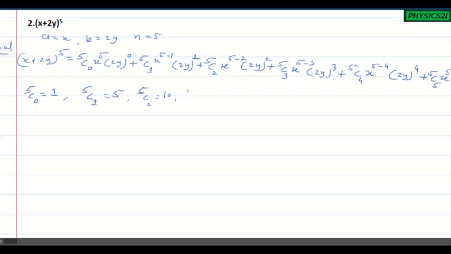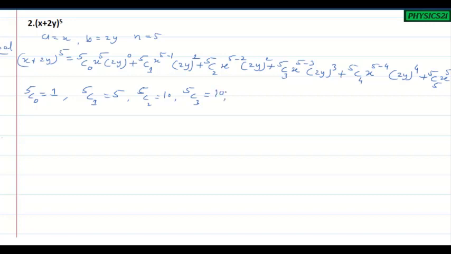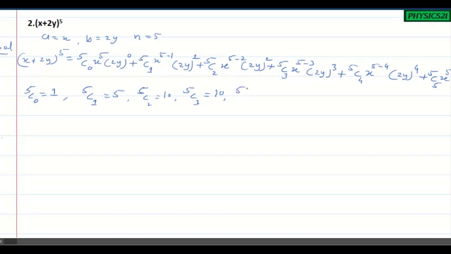Value of 5C3 is equal to 10. Now the value of 5C4 is equal to 5. Value of 5C5 is equal to 1. As we substitute these values in our expression, we get